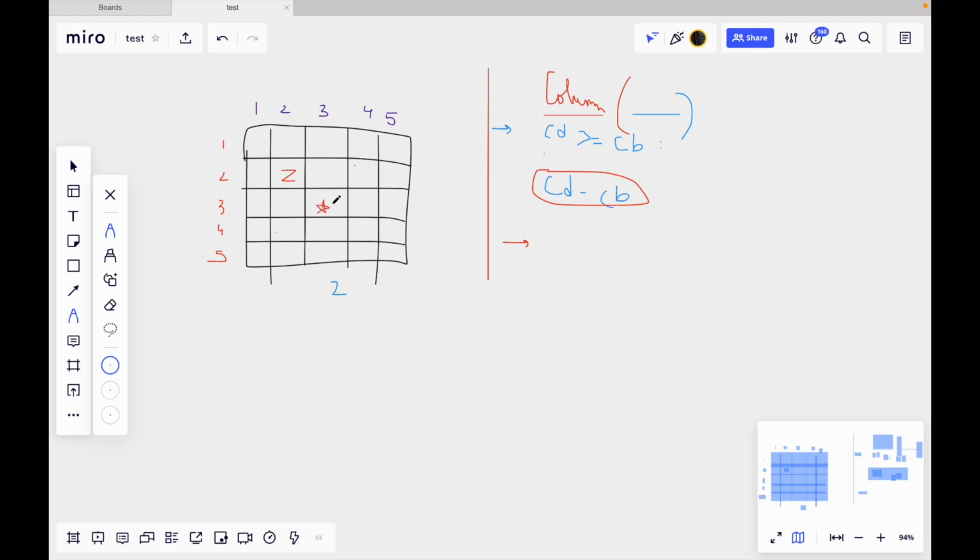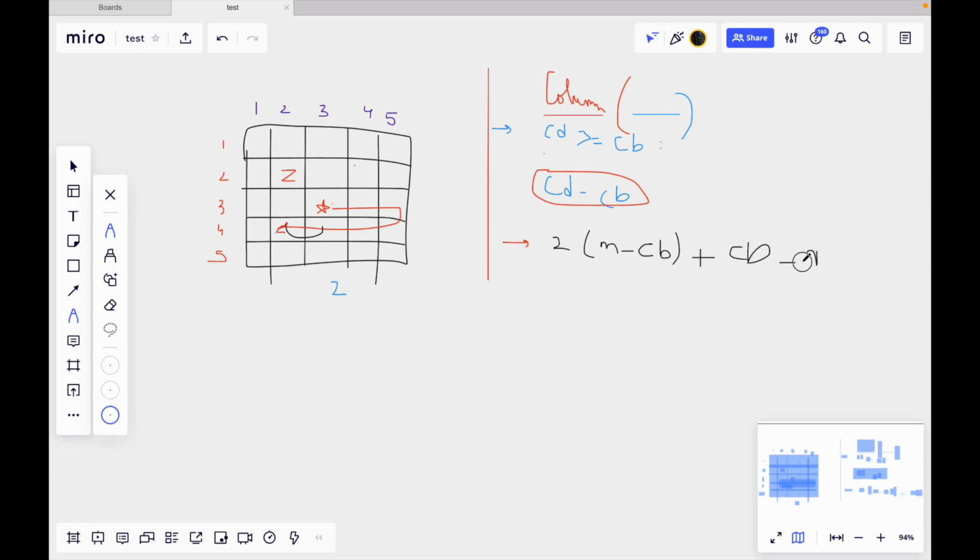So what this robot has to do, it has to first go here and then reflect back to this place, right? So in this case the answer will be 2 times the number of columns minus the column number of the robot, which is 2 times M minus CB, column number of robot, plus how many extra steps do I have to move? The column number of robot minus column number of dirt. So it will be plus CB minus CD, right? It will be CB minus CD.